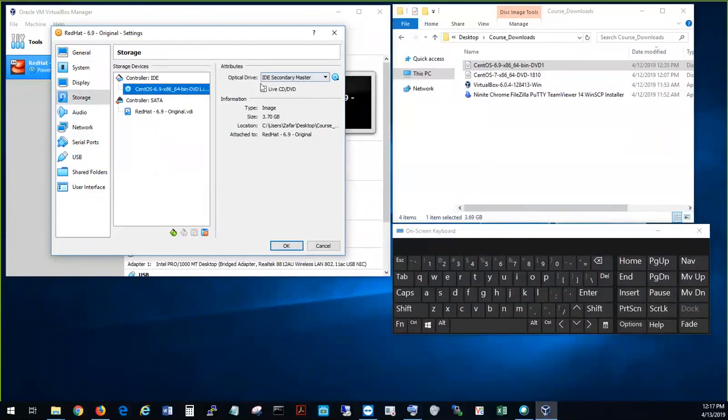No, don't worry about this. See the little icon here, the CD icon. Click in there, and then you have this there. Do you have this there? If not, then choose virtual optical file,